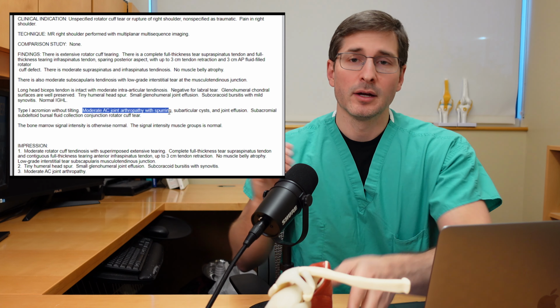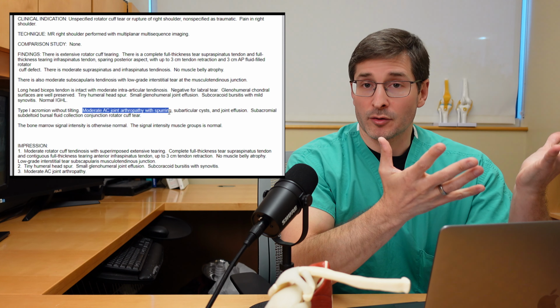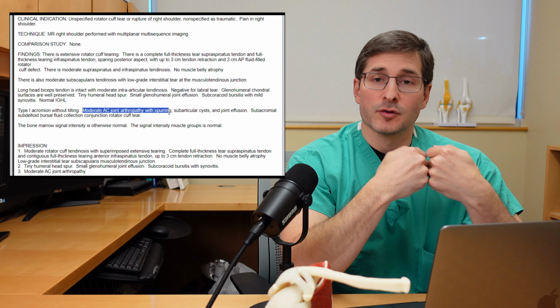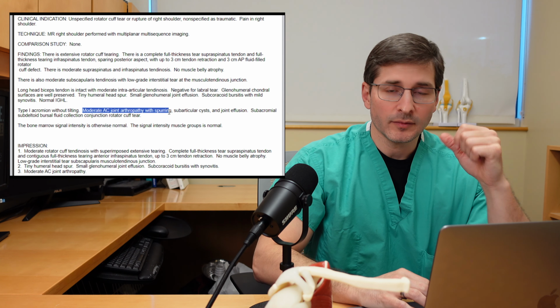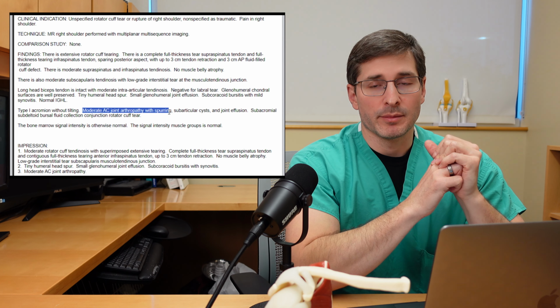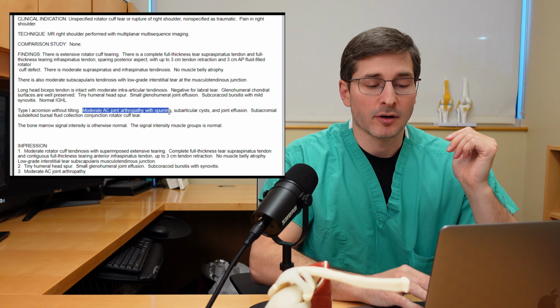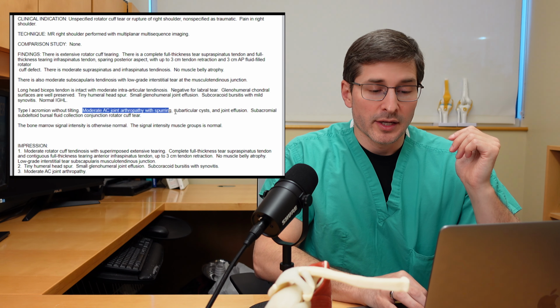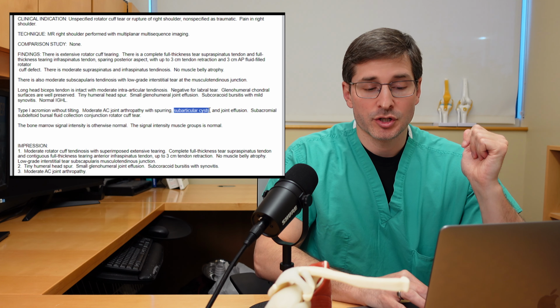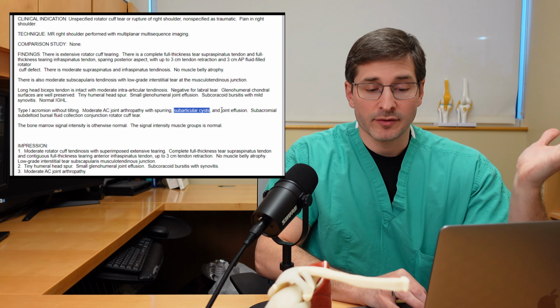That's what they mean by arthropathy. Arthropathy, really, just think of it as meaning arthritis, where the cartilage of the joint is wearing out. And then they say spurring, which really just means an osteophyte, which is a sign of arthritic change. They see subchondral cysts, which are also a finding we see with arthritic change, and a joint effusion, which again